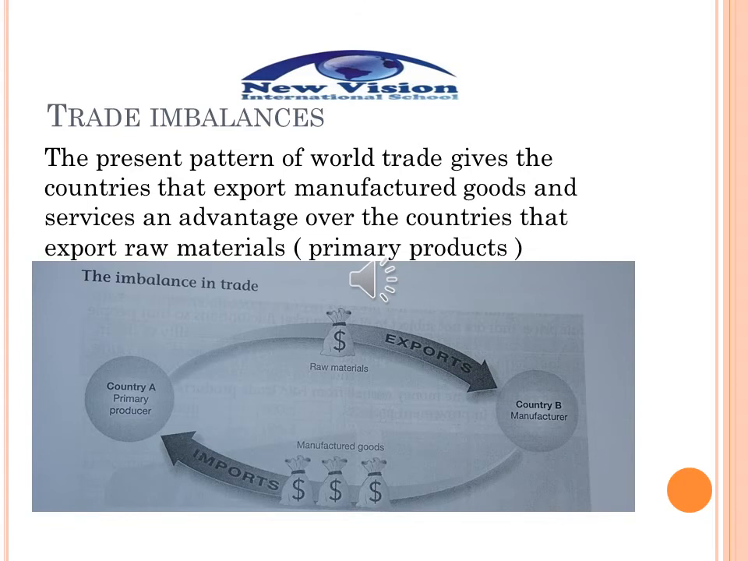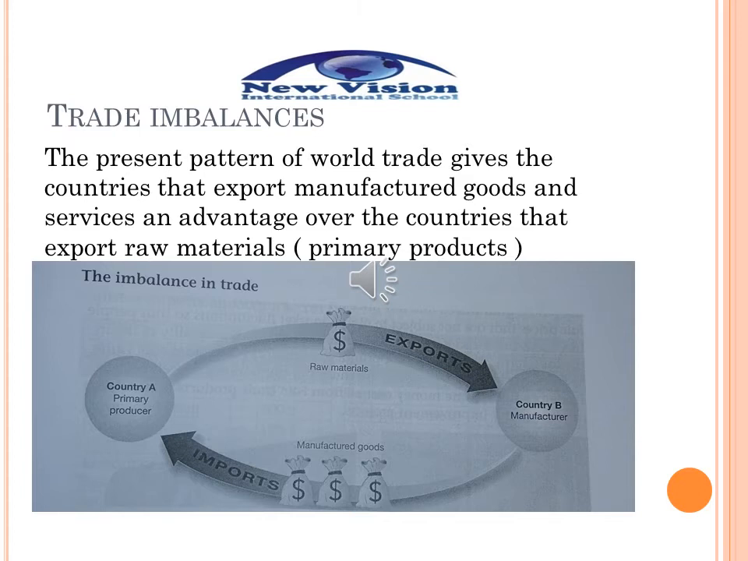Trade imbalances. The present pattern of world trade gives the countries that export manufactured goods and services an advantage over the countries that export raw materials, primary products. Here we have a diagram. This diagram shows why this is the case. In this diagram, we will see country A,